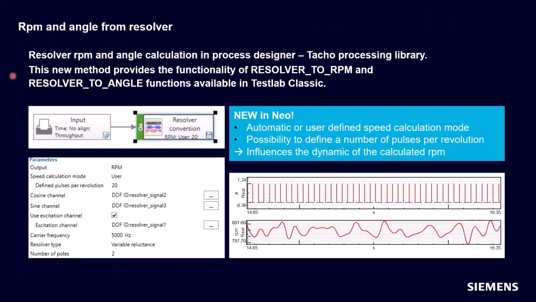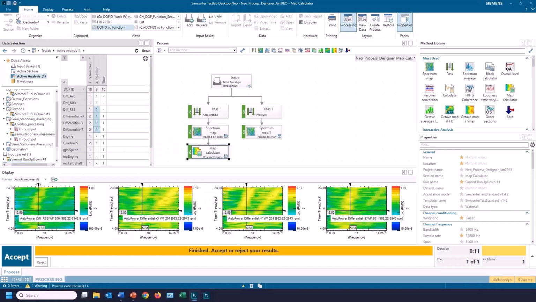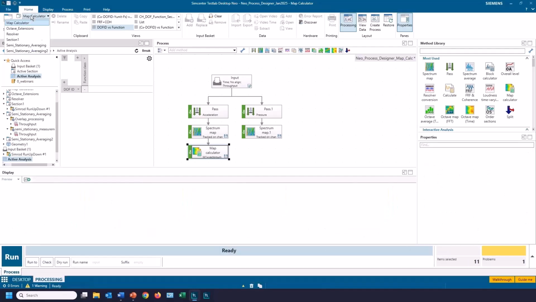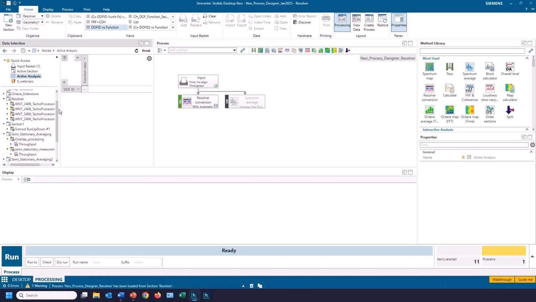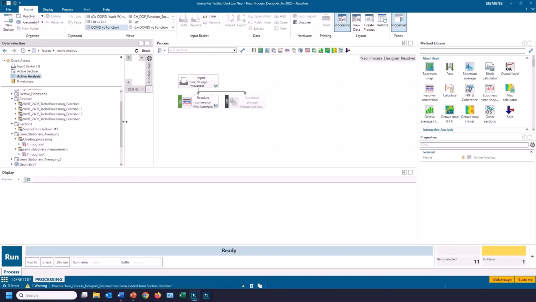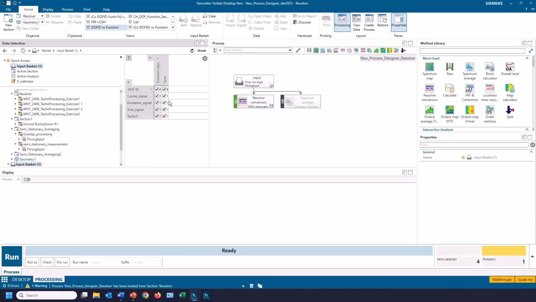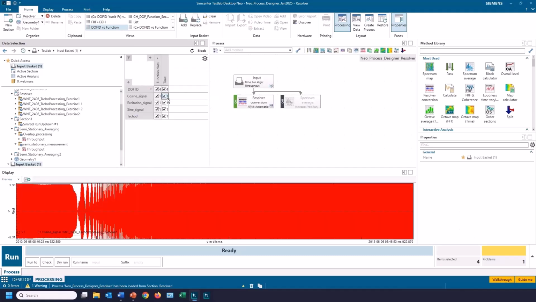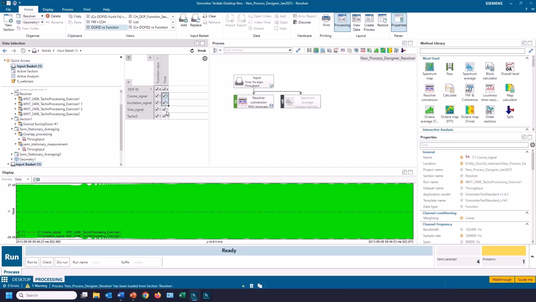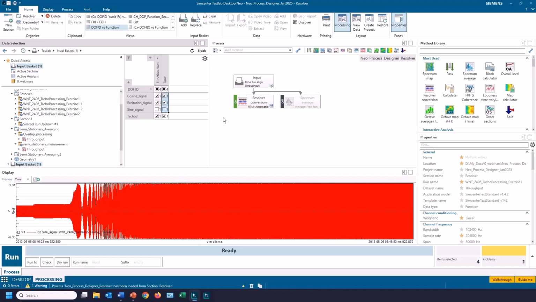Okay, so if I switch to the Resolver section here, and add that data to the input basket, and look at the input channels, there I have a cosine signal, I have a sine signal, and I have an excitation signal.